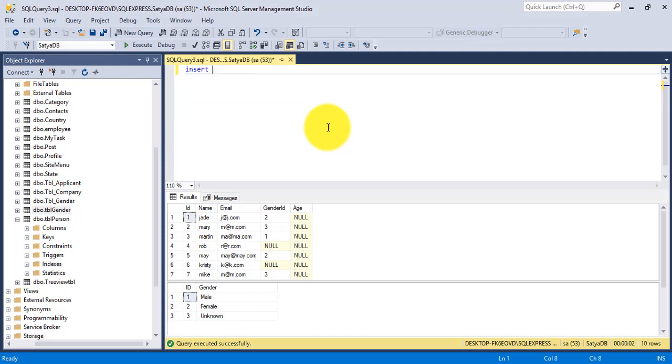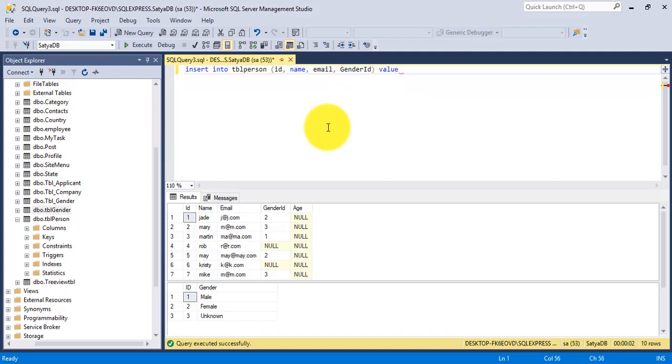I'll write insert into tbl person. Now, which columns do I want: the id, name, email, and gender id.